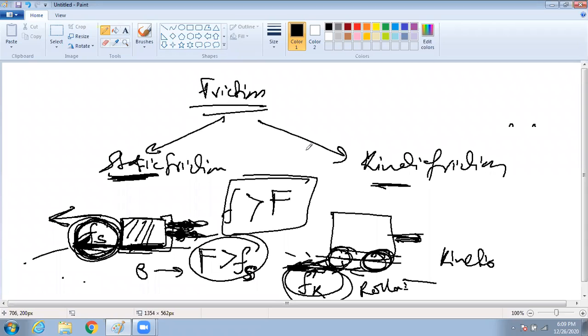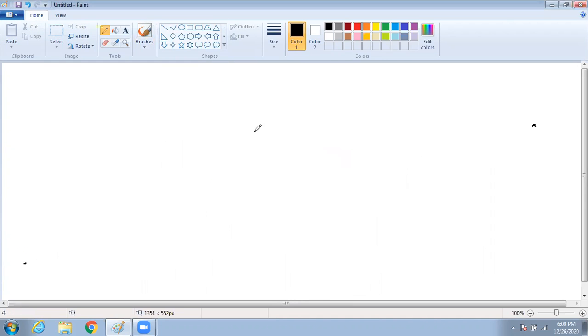So let us talk about kinetic friction, because static friction, I don't think much is there. So what is kinetic friction? What is the formula of kinetic friction? Kinetic friction is given by Fk equal to